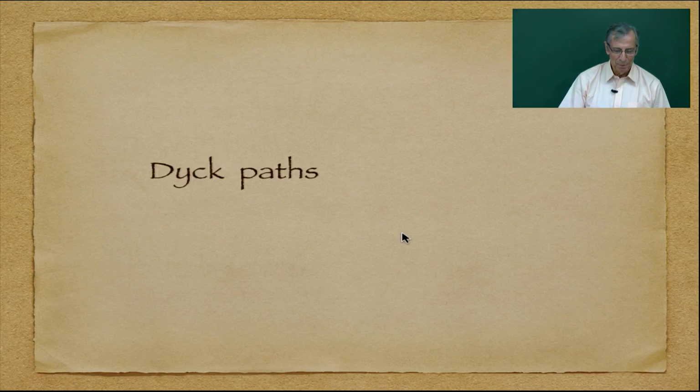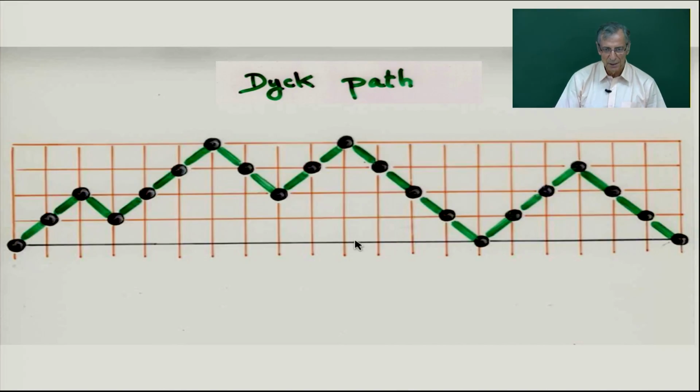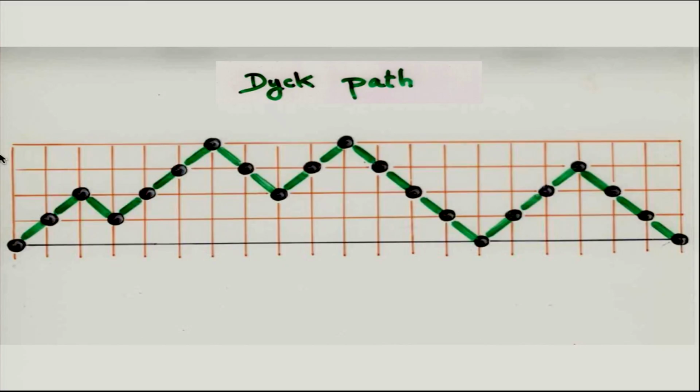So we have seen Dyck paths, I think last time, with some exercises. A Dyck path is a path in the positive integers, in the quarter of this lattice. It's a sequence of points starting at the point 0,0. These black points are always above the 0 level, and you can take an elementary step between two consecutive points: northeast to the next neighbor, or southeast to the next neighbor. So you go up, down, up, down, etc., and at the end, you go back to level 0.